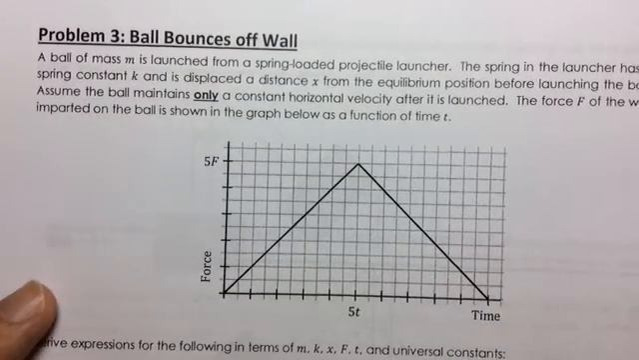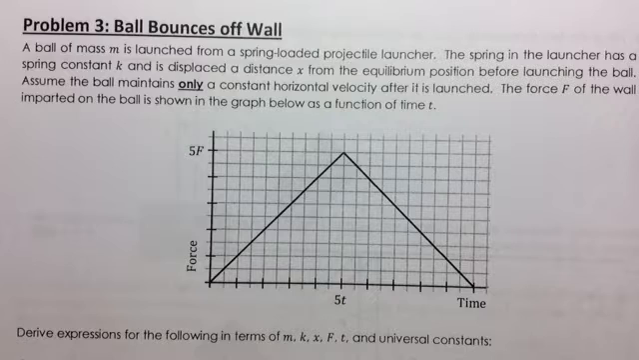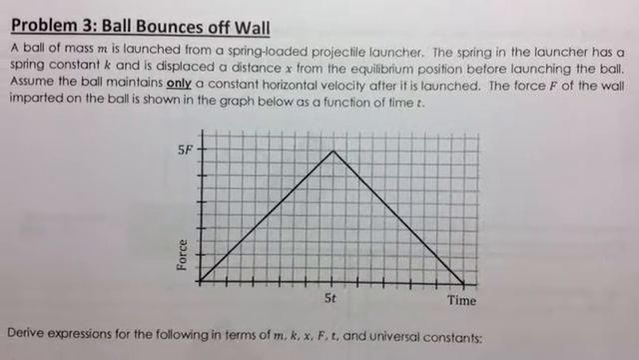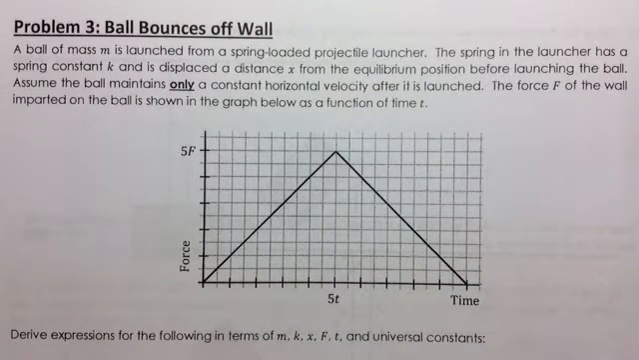this problem. It's got a ball bouncing off the wall. It says a ball of mass m is launched from a spring-loaded projectile launcher. The spring in the launcher has a spring constant k and is displaced by a distance of x from the equilibrium position before launching the ball. Assume the ball maintains only a constant horizontal velocity after its launch. So basically, it's like you got a gun and you shoot it out horizontally, but the thing doesn't drop due